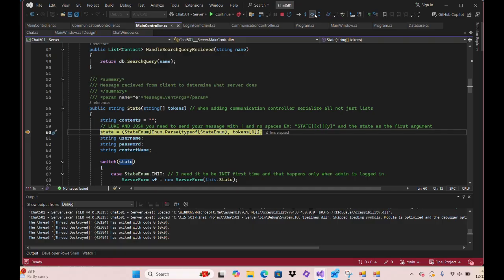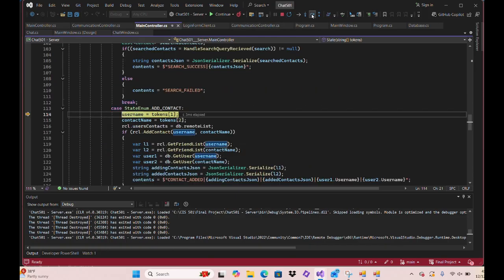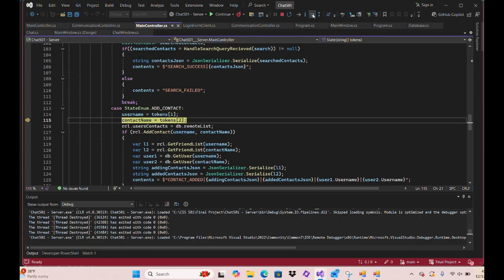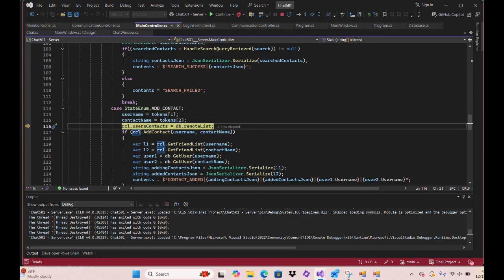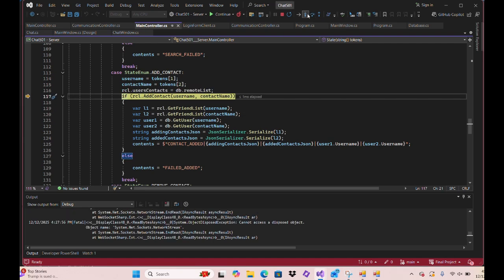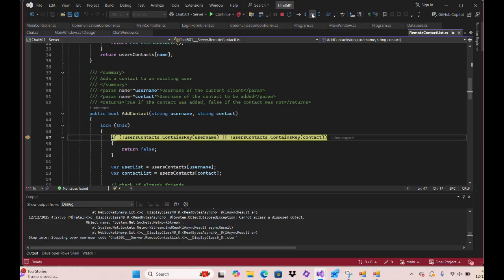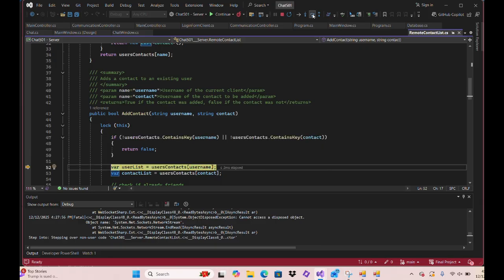And then it'll parse that to get the states from the array. It'll go and check through all of the cases to get to here. We'll get the username from the array and the contact name, and then alrighty, so then it's going to go to set the remote contact list to the database's remote list, and then it's going to do this, and we can step into there. It'll lock the threads. It'll check to see if we contain that username and contact, or if we don't contain it, sorry, and then it'll set those two lists,